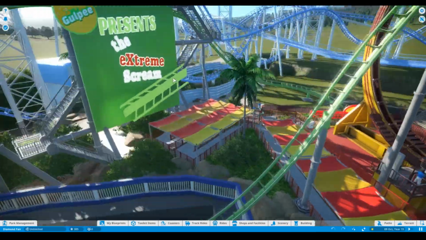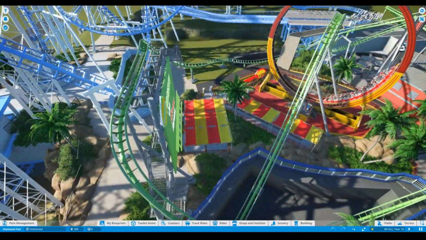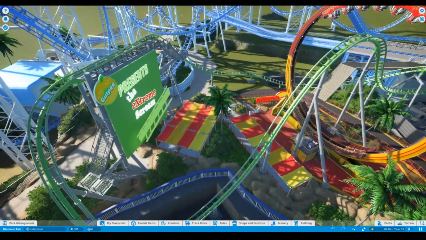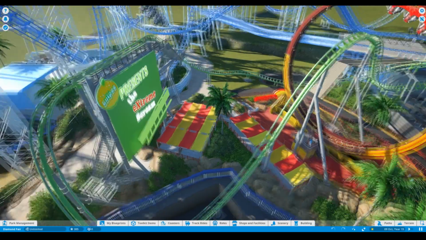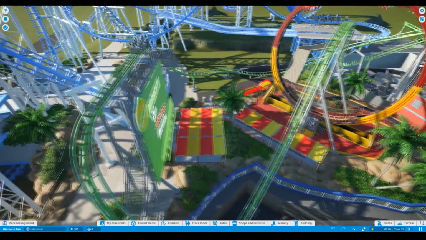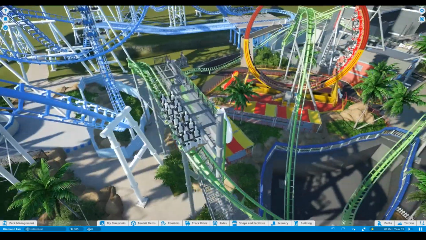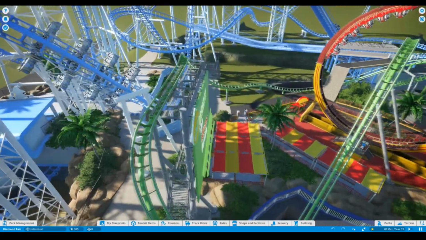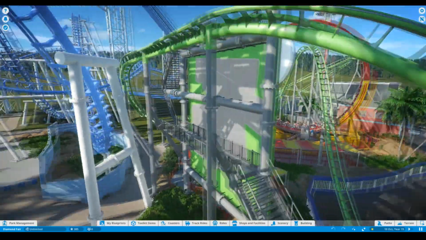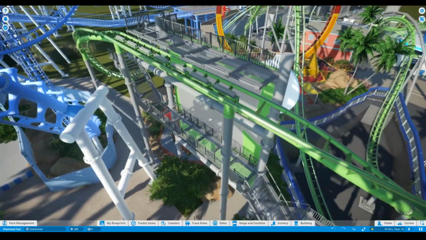I didn't really think of that until I'd done it, but since it was all connected to the green roller coaster, now called the Extreme Scream, I thought that because the whole thing is connected to the Extreme Scream, it should probably advertise that ride. It also doubles up as the emergency evacuation and maintenance area for the mid-course brake run,